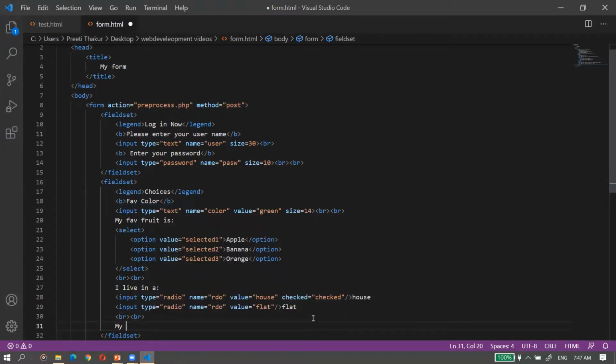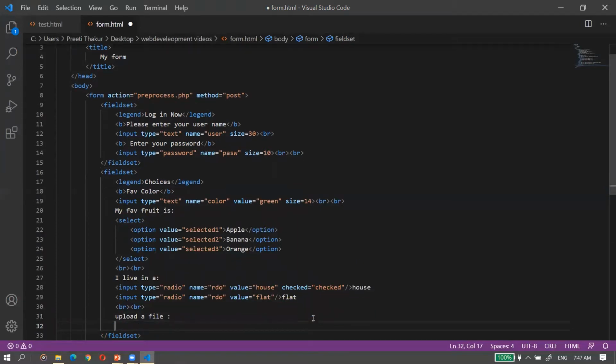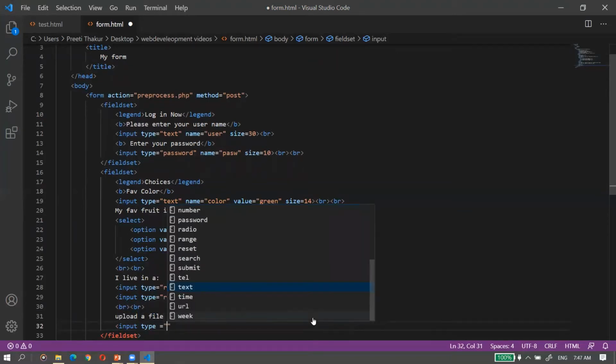So my file upload, or you can say upload a file. Simple. Upload a file. And for uploading a file, input type is equal to file,